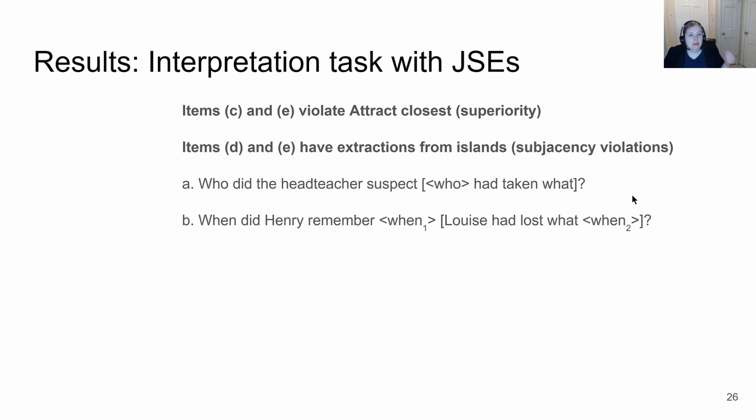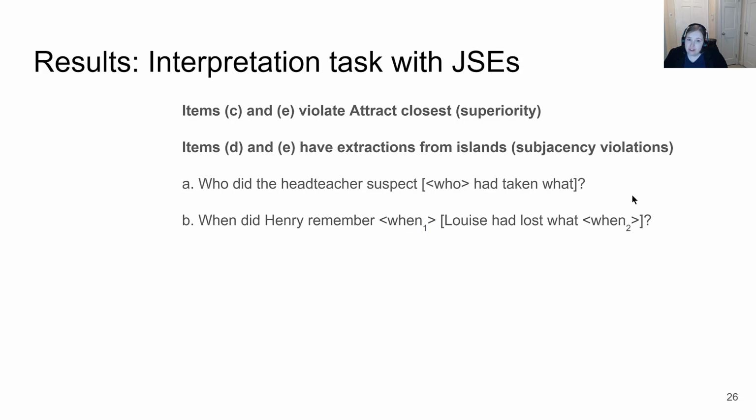Right? So when did he remember, as in when was the remembering happening, or when had she lost whatever she lost? Okay. Now A and B are both supposed to be fine. You'll notice that in A, the interpretation that should be good is the matrix interpretation because there's movement. And so if I was a native speaker and my choices were essentially a matrix scope answer or an embedded scope answer, I should always pick the matrix scope answer. With regards to B, however, I could easily pick either because it's ambiguous.